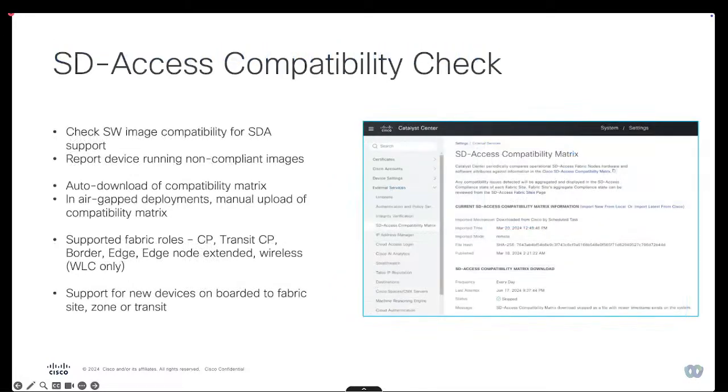We also have added the SD Access compatibility check. It will help you to review what devices are fully enabled to go into your SD Access fabric. It will do some automated compatibility check. It will automatically download the compatibility matrix from the cloud; for air gap environments, you will need to upload them manually, but it will help you with this compatibility matrix being added into your Catalyst Center to check that